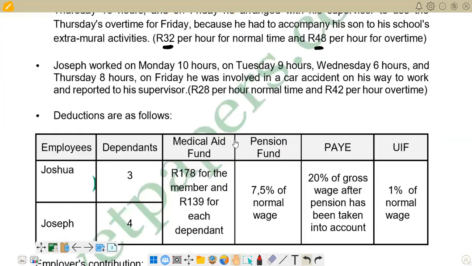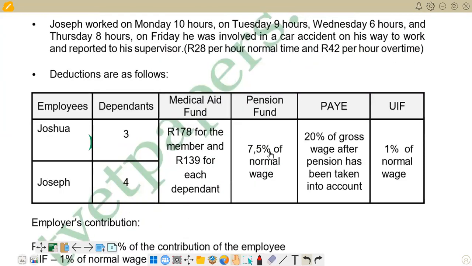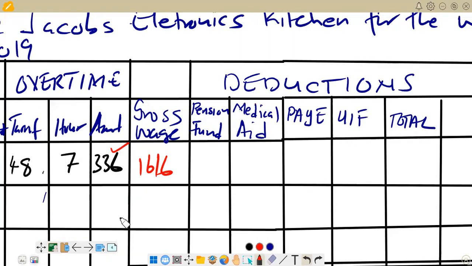So if you come here, pension fund is 7.5% of normal wage. So 7.5% as a decimal, we are saying 7.5 over 100. So as a decimal becomes 0.075. Then we multiply by the figure for normal wage. So if you come there, you see the normal wage for Joshua,